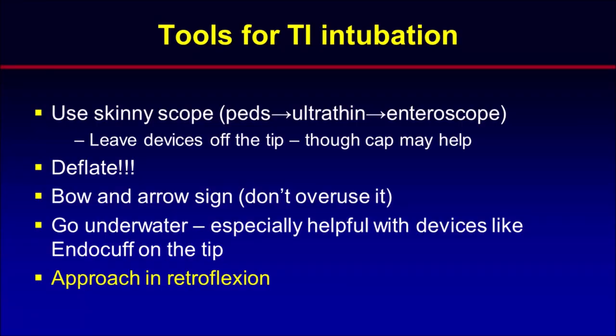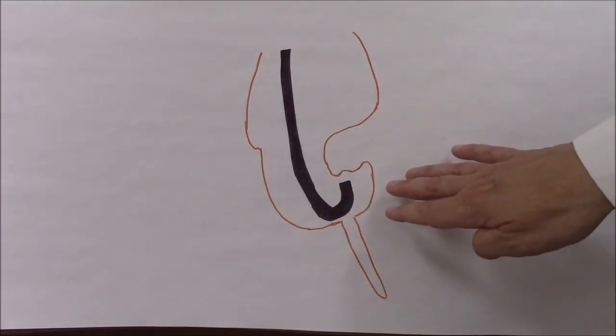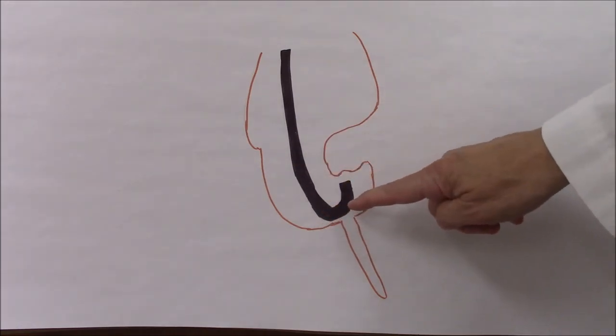Finally, there's approaching the TI in retroflexion. This will usually get you into the TI, but because you have such a hook in the scope, as you start to straighten, you've got to get some abdominal pressure on right away in order to be able to push deeply into the TI. Another technique you can use if other measures fail is to go into retroflexion in the cecum,